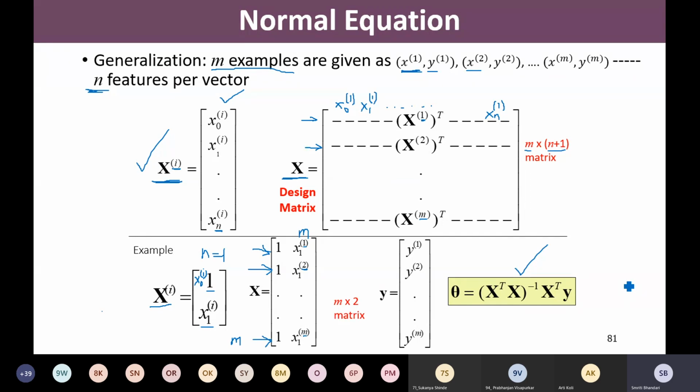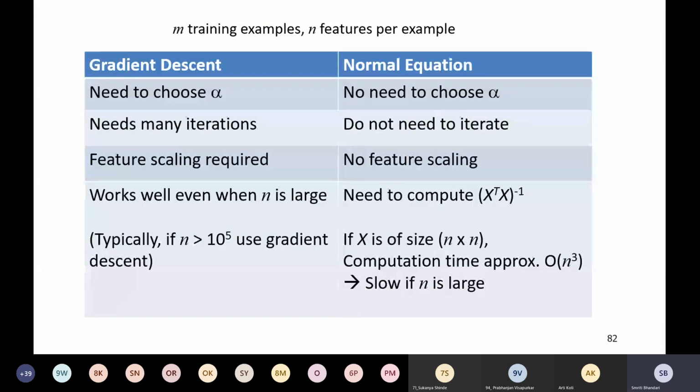Obviously, as we have now come up with two methods for computing regression: one is computation of regression by making use of gradient descent, and the other is computation of regression parameters by making use of normal equation. So which method is suitable in which scenario? Here is a simple comparison of the gradient descent method and the normal equation method. Let us see all those important points of comparison.